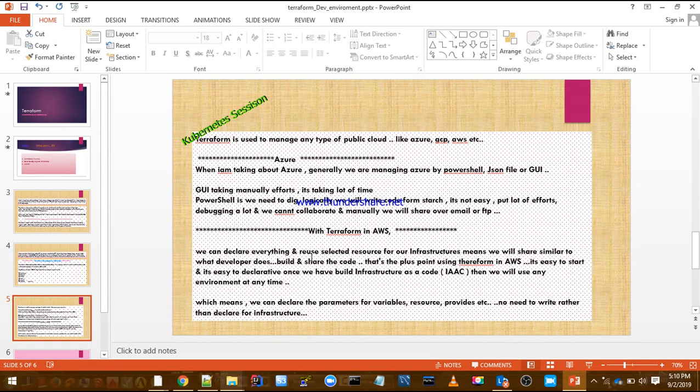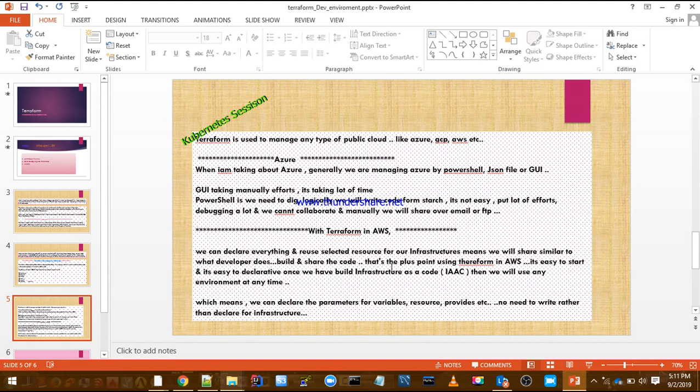That is the beauty, the feature we get with AWS. It is very easy to build and share the code with the developers. They implement what they think is required, and if there is a dependency, they let us know. Then we can troubleshoot on that.